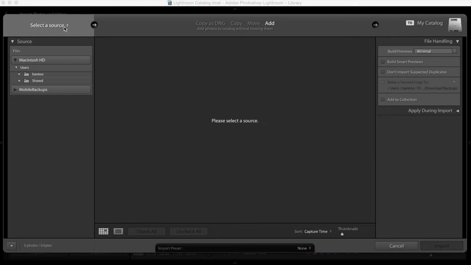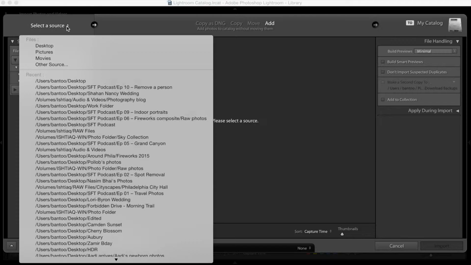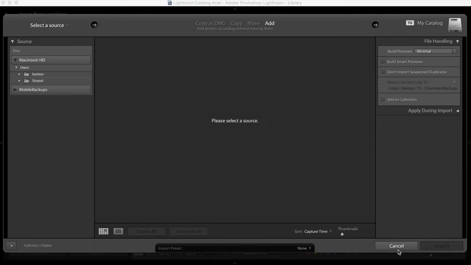But if you need to add a source that's not here, what you do is you come to select a source, and then come to other source, and you can select, and of course the most recent ones are going to be there. So once you select the photos,